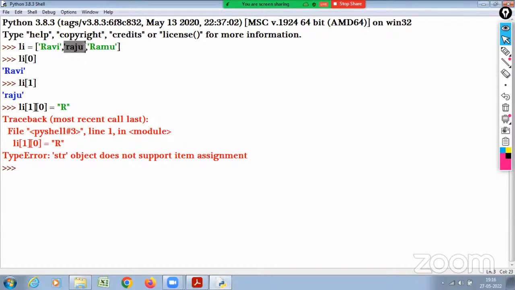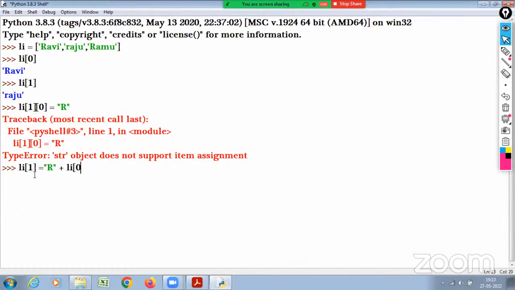You change it in the form of r plus the rest. So Li of 1 equals small r plus